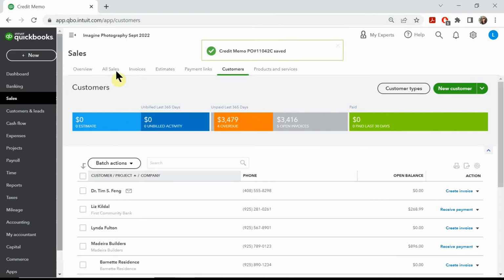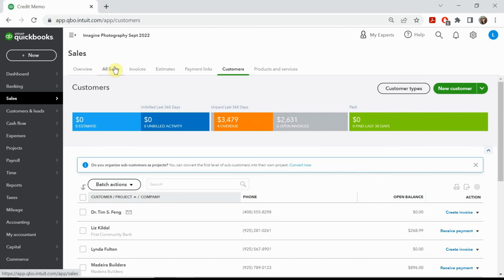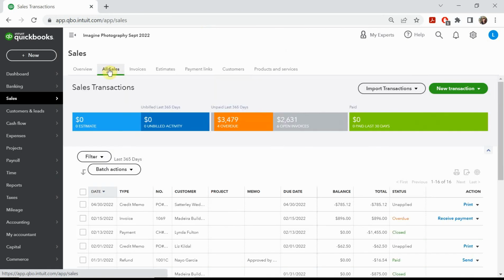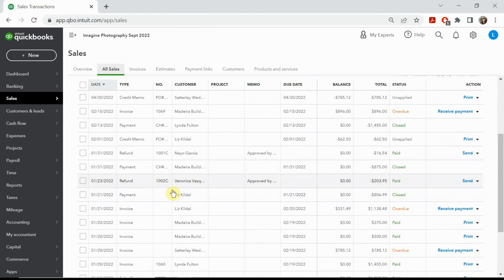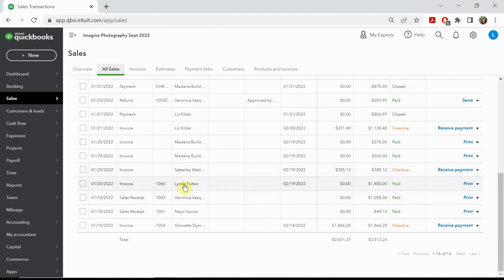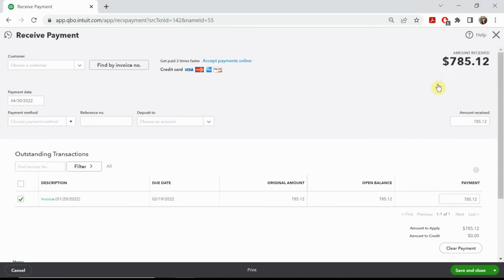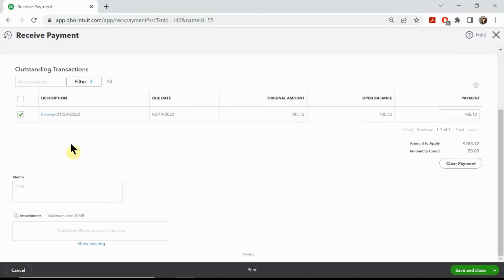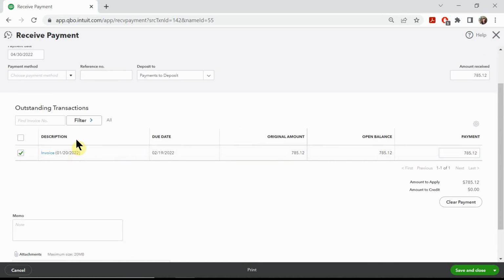So now for this one, because in this case, I need to apply it to the invoice, right? I need to apply it to that invoice for Satterley Wedding Planner. So here you go, Satterley. Here's the invoice. And I'm going to go ahead and click Receive Payments, right? For that $785. Now, once I do this, right, $785, I'm going to go ahead and, since I received the payment,